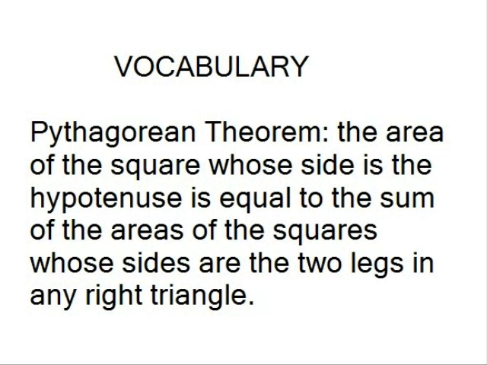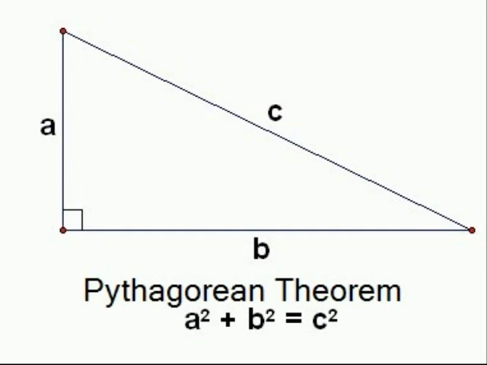she asked her grandmother. The definition of the Pythagorean Theorem is the area of the square whose side is the hypotenuse is equal to the sum of the areas of the squares whose sides are the two legs in any right triangle. Basically, a squared plus b squared equals c squared, with a and b representing the two legs and c representing